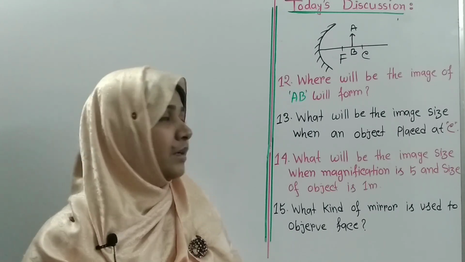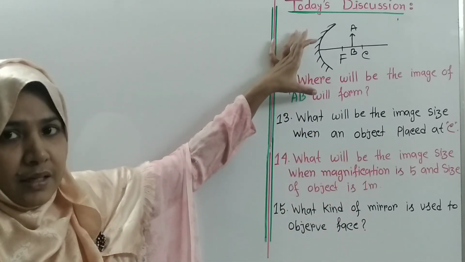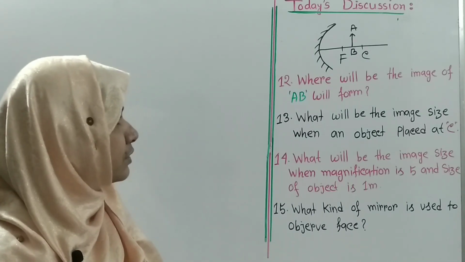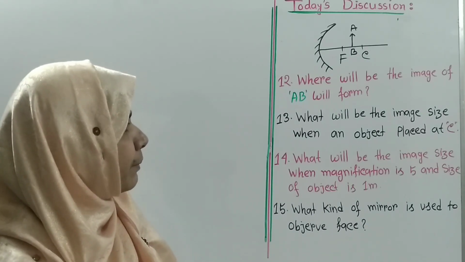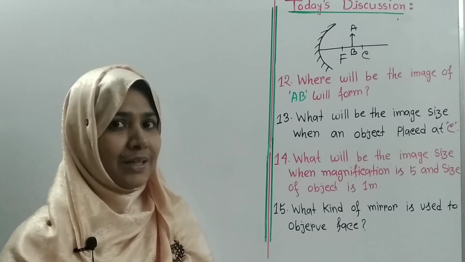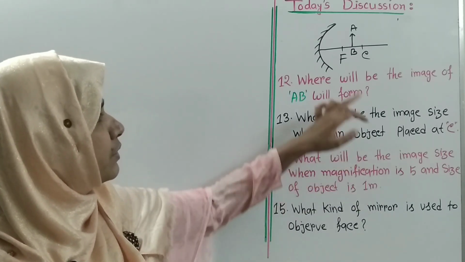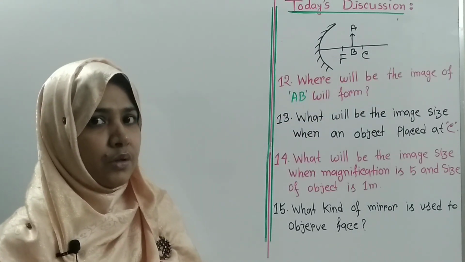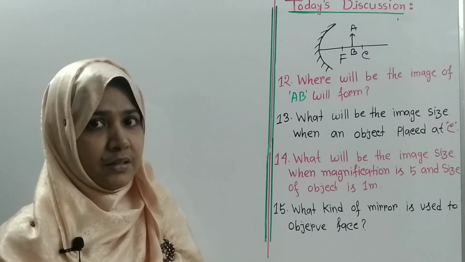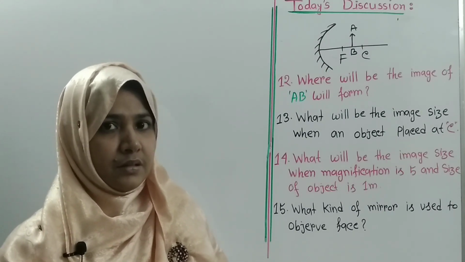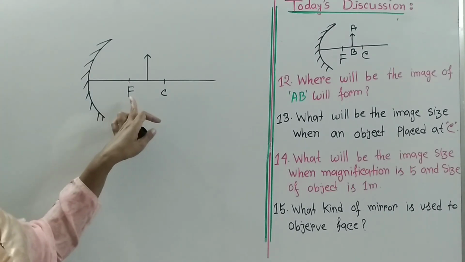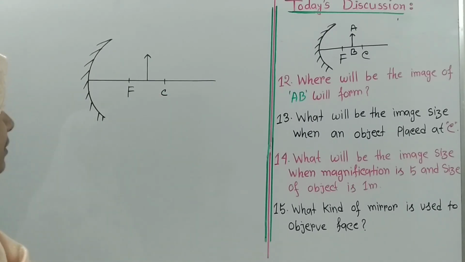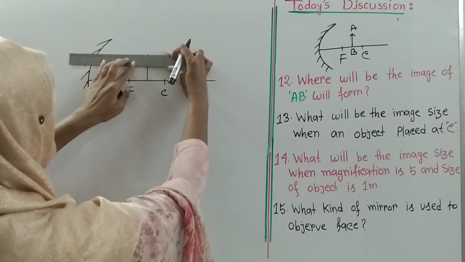Question 12. Here you can see that there is a figure and the question is on the basis of this figure. The question is where will the image of AB form? You can see that the object is placed between focus and center of curvature. So, if we draw the image, then we can easily answer it. See that the object is placed between focus and center of curvature. In that case, if a light ray is incident parallel